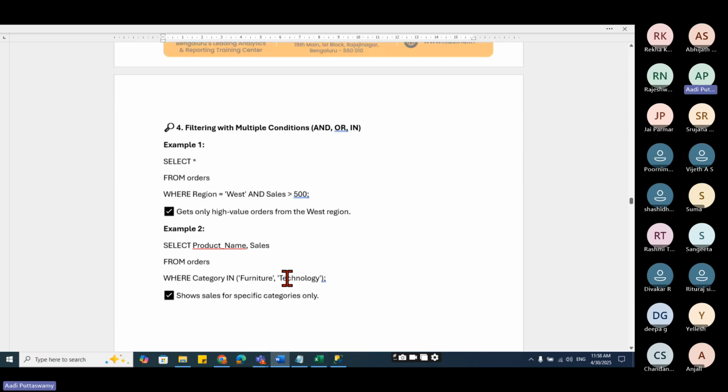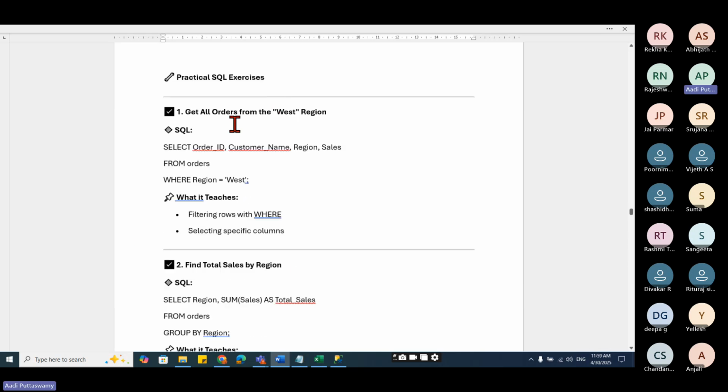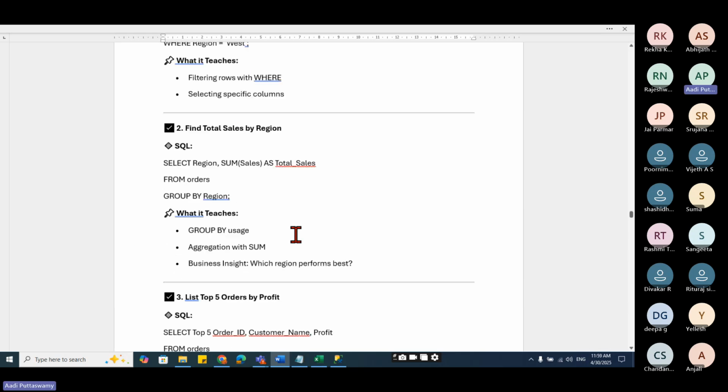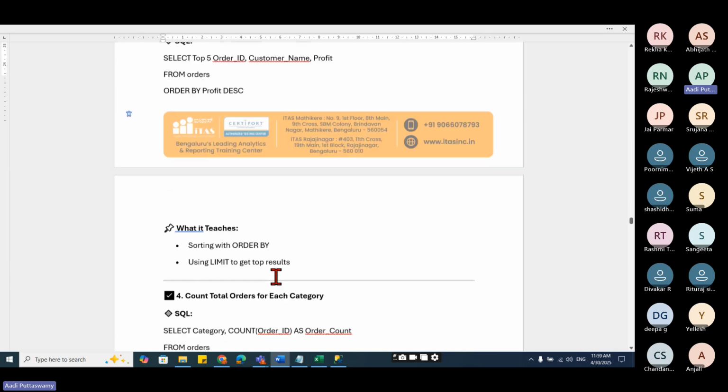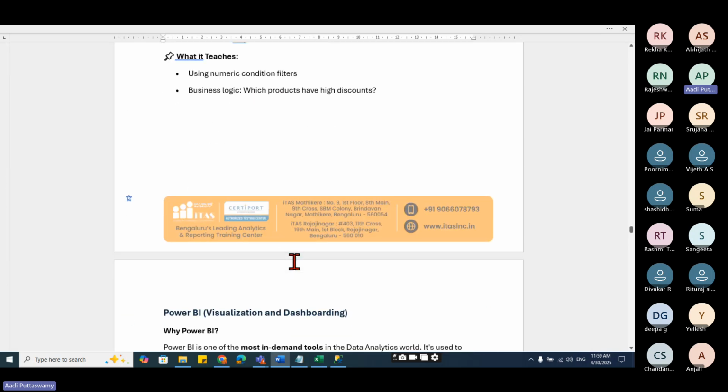Work on this. And I've given some exercises also. I've given the query also here. You can directly copy and paste and use it. This will give you more insight about how you can work on queries.